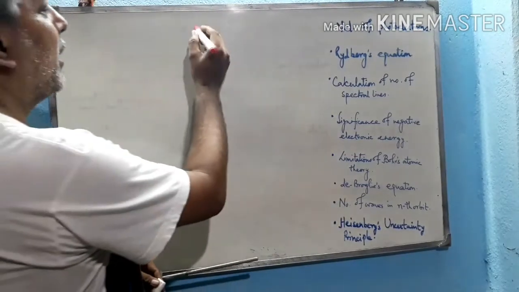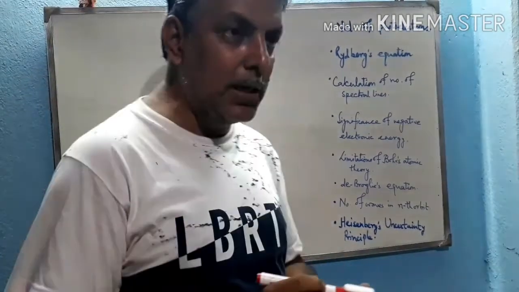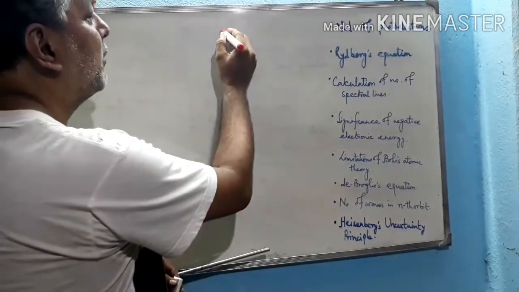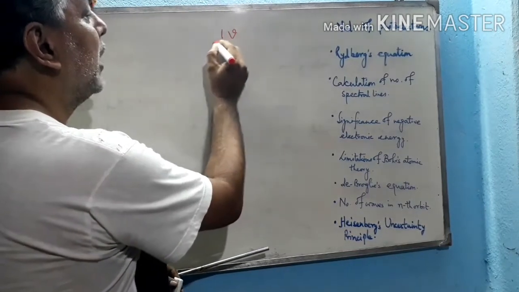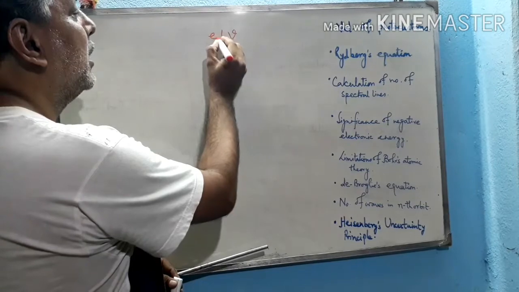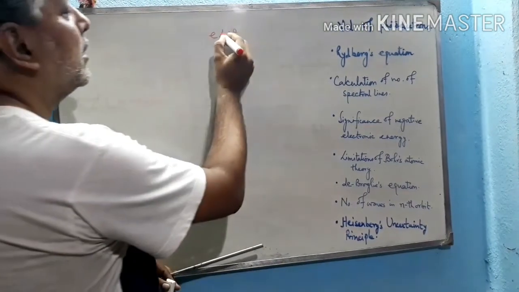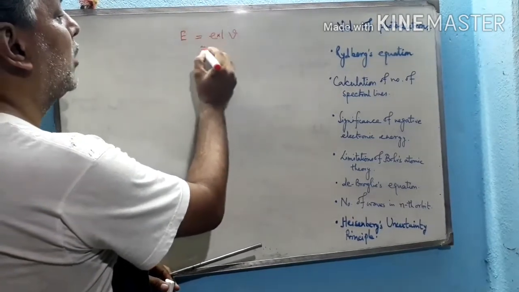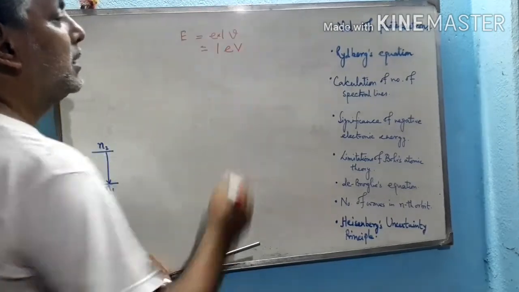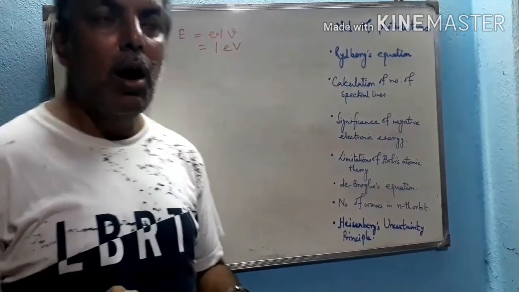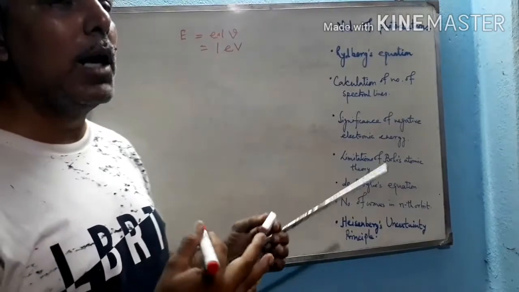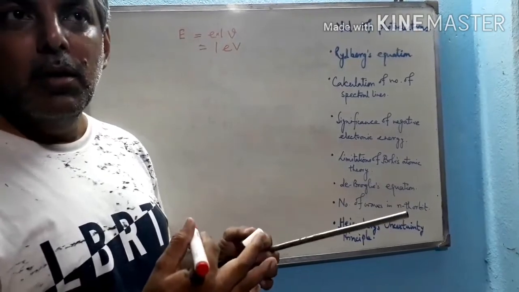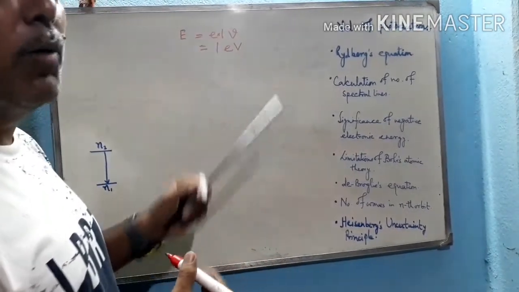Now, whenever the ejected photoelectrons pass through an electrical circuit having a potential difference of 1 volt, the total energy generated is equal to 1 electron volt. This is the total energy generated. Now, how much energy is generated? 1 electron volt. Where does it get that amount of energy from? Its kinetic energy is converted to the electrical energy, 1 electron volt.